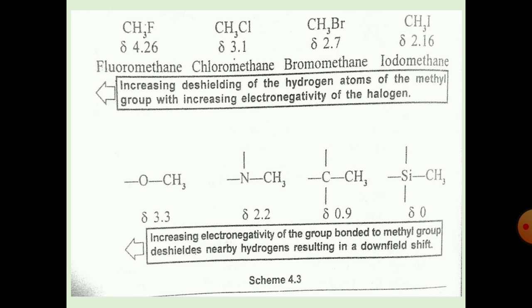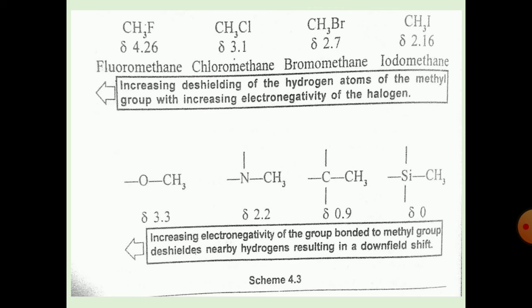When placed in a strong magnetic field, the electrons of the sigma bond circulate and generate a small magnetic field which opposes the applied magnetic field. A nearby electronegative atom withdraws electron density from the neighborhood of the proton, so a smaller applied field is needed to cause the spin state of a proton to flip. The signal for the de-shielded proton, one surrounded by less electron density, is observed downfield from the signals for protons that are not de-shielded by the electronegative atom.